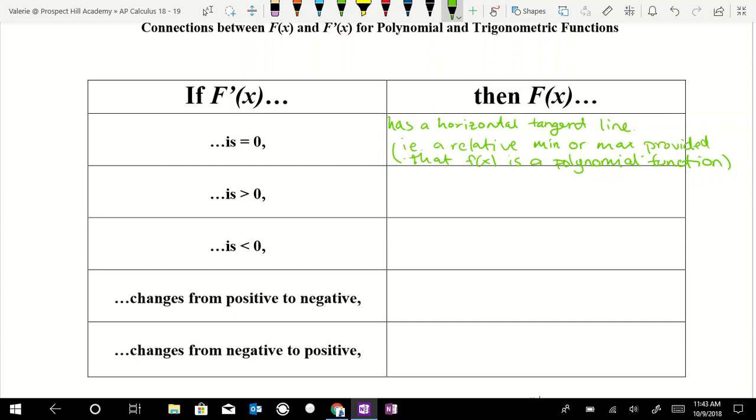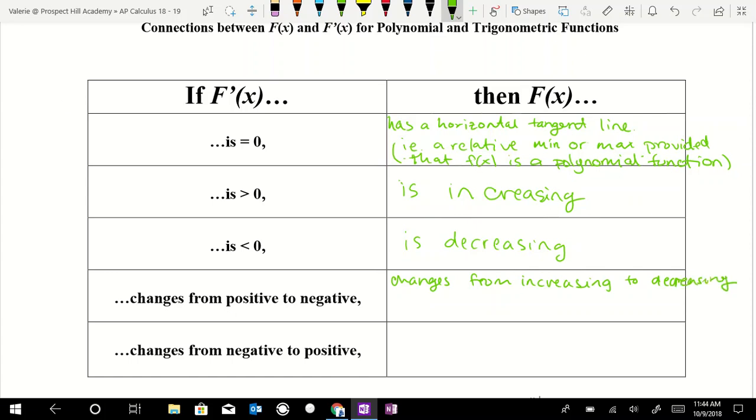Right? If f prime of x is greater than 0, then f of x is increasing. If f prime of x is less than 0, then f of x is decreasing. If f prime of x changes from positive to negative, then f of x changes from increasing to decreasing, meaning there is a relative